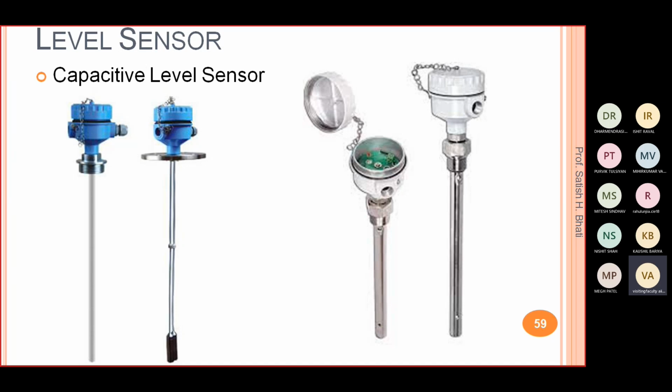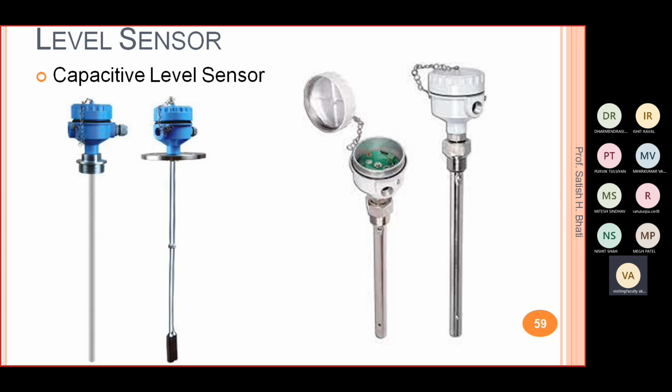On the top side you have a circuit, and in the bottom you have a stick or a metal tube kind of construction. What maximum level you want to measure, based on that you have to design it. Like if your tank's height is about 10 meters, then you have to make this stick 10 meters long. Wherever your liquid reaches, up to that level, the sensor will change its capacitance value, and according to that you can do the mapping of the amount of liquid inside the tank.